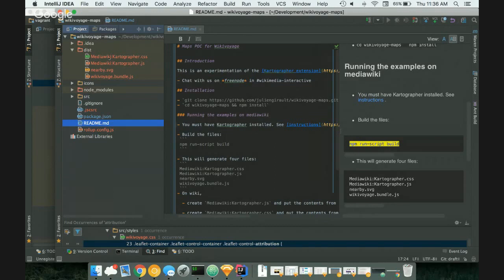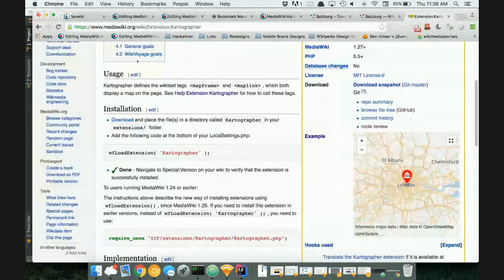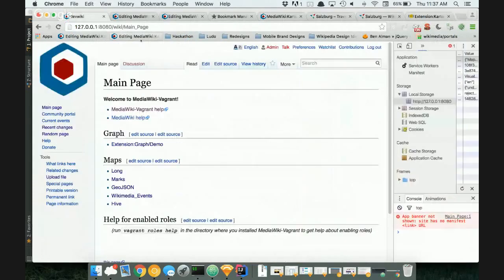and mediawiki cartographer.css. With those files, just like common JS and common CSS, you can just create those, add those files to wiki, and it will load this JavaScript file and this CSS file when you get to a page that has the map in the article, and it will execute that code. So now, basically, it will turn a map like this into, if I go to Marksy,